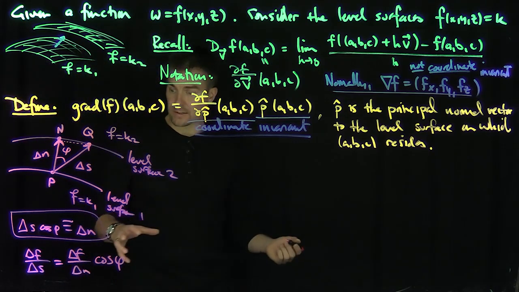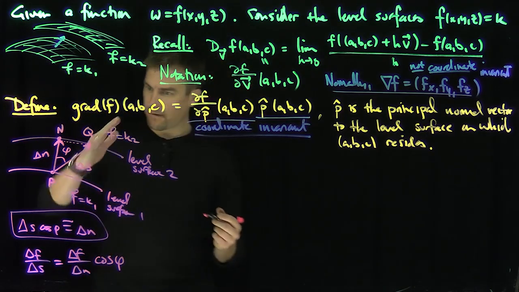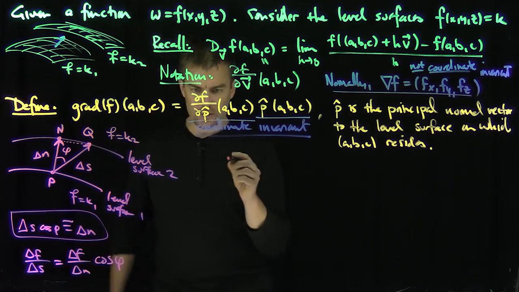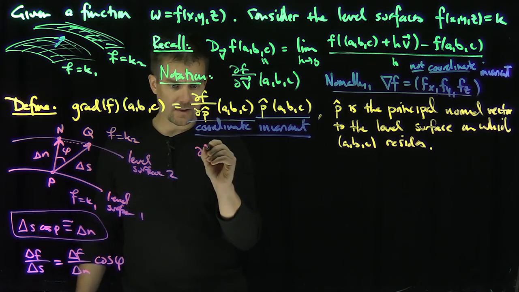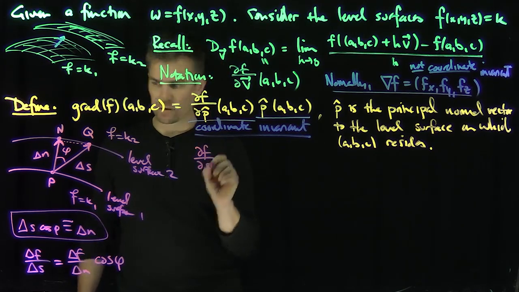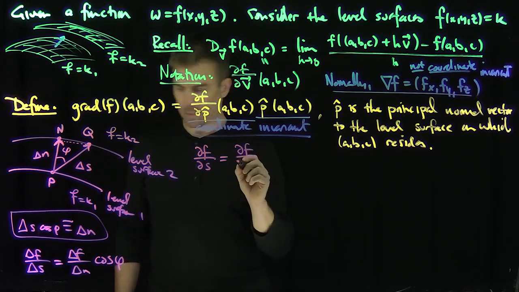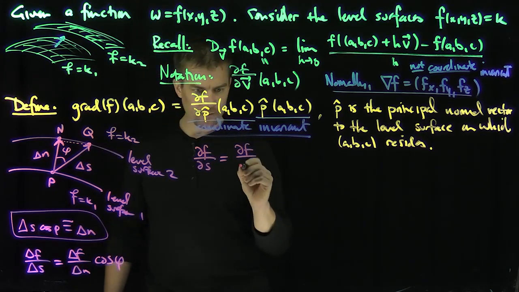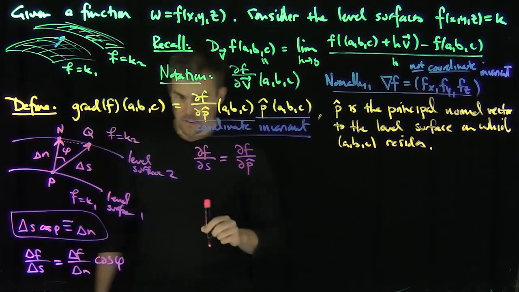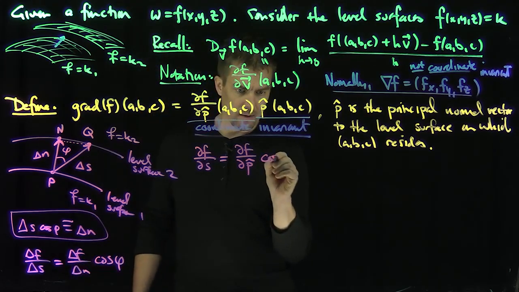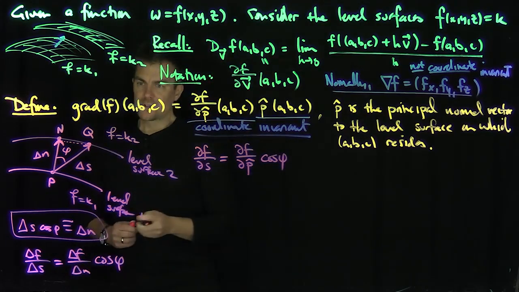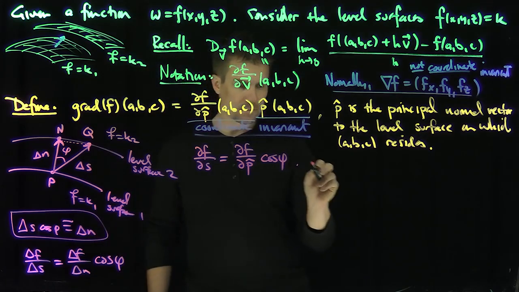So this allows me to get a definition that says the directional derivative of f going from one surface to another. So we can conclude from this, taking the limit, that df ds, the directional derivative in the direction of P to Q, is df dp for the normal direction, and then times the cosine of theta. And so in the limit,